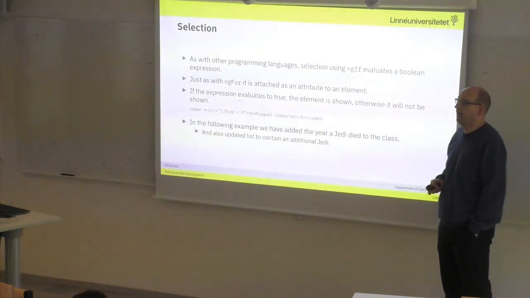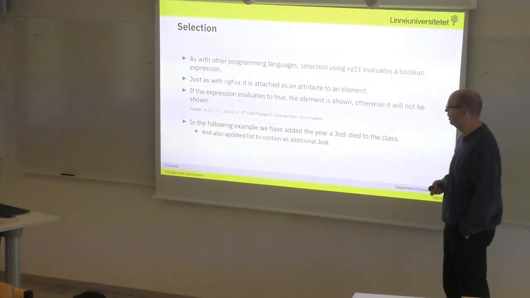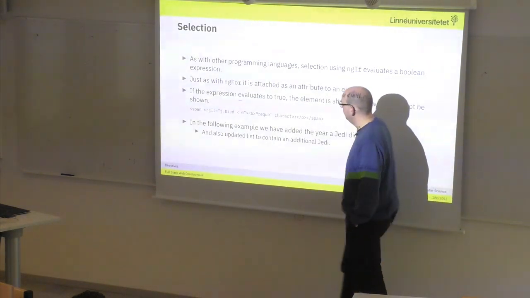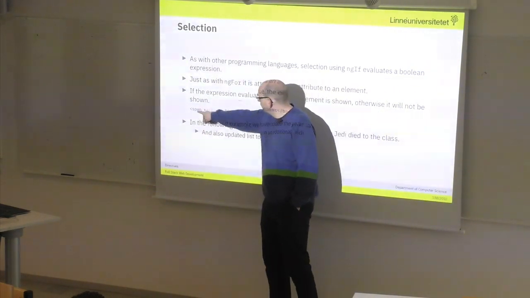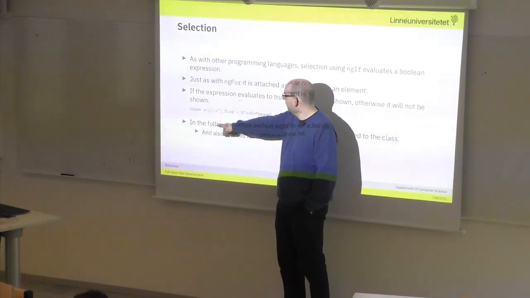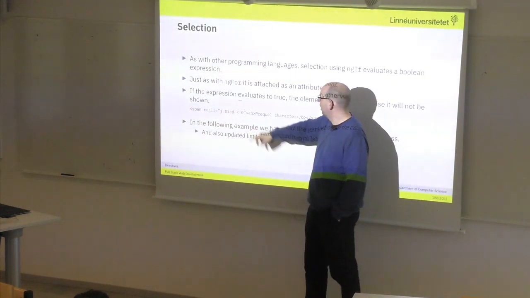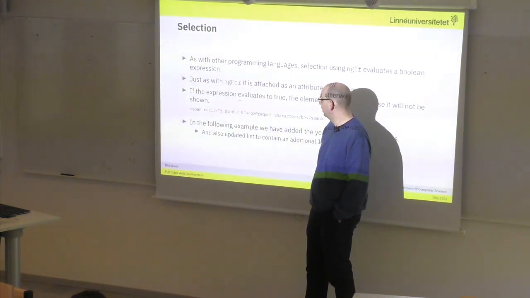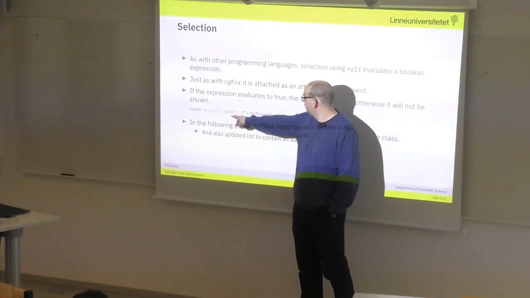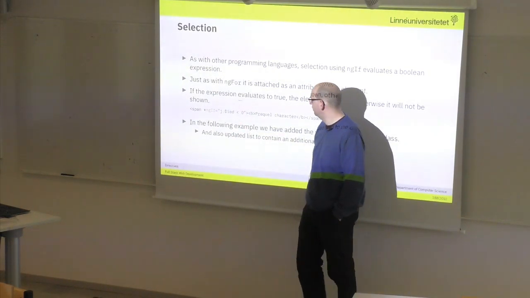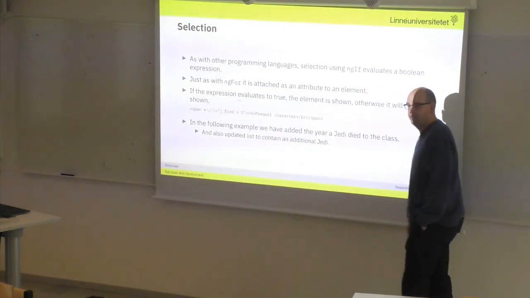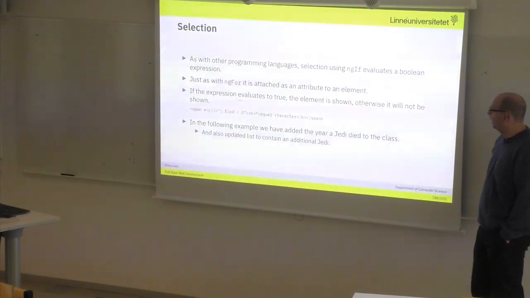It works with any kind of element, of course. So what this one says is that this span tag should only be visible if this is computed to true. So if j.died is less than 0,